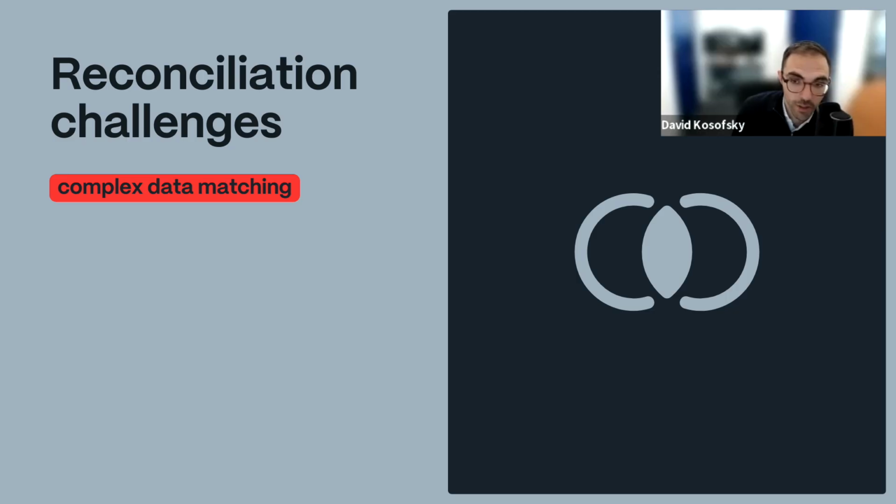So let's imagine a reconciliation between store totals with transactions for that store. One data input will have totals based off of the store, let's say daily totals, and the other side will have all the transactions. And in order to do a proper reconciliation, we need to first sum all the transactions of the given store. So that's already, we have to step into the world of aggregating data, which is opening the door for us to make a lot of errors. Depending on how complex it is, it's going to take a lot of time. And that's a real complexity.